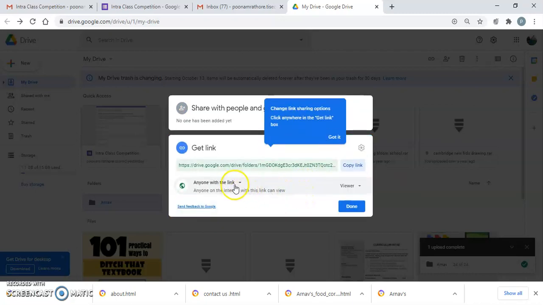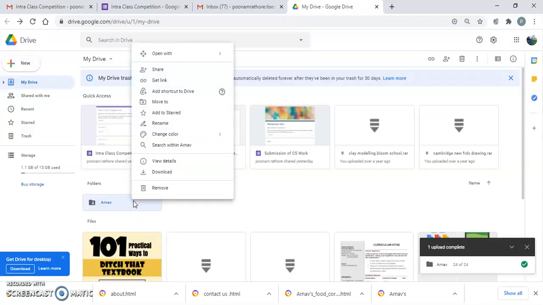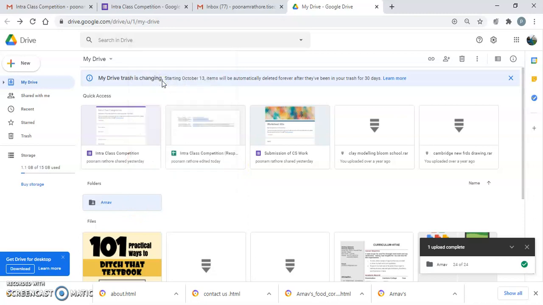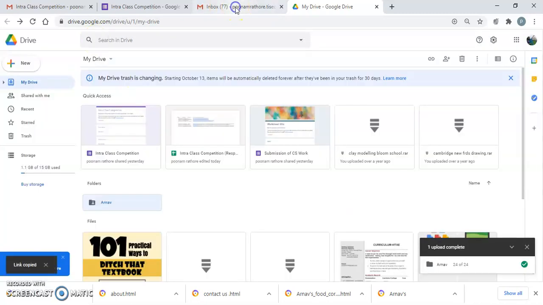So there are options. Let me show you. Restricted or anyone with the link, because you need to send it to your teacher, so you can click on anyone with the link and just click on done. After that, again right click over there, get link, and again you can confirm it's written that anyone with the link, right? And then copy the link, compose the mail,